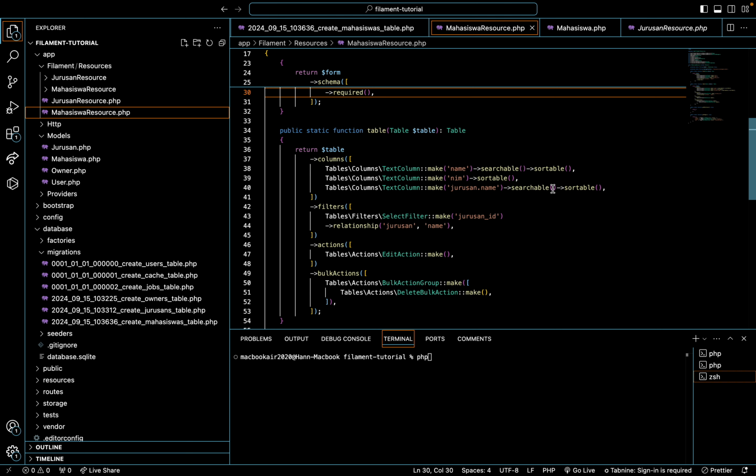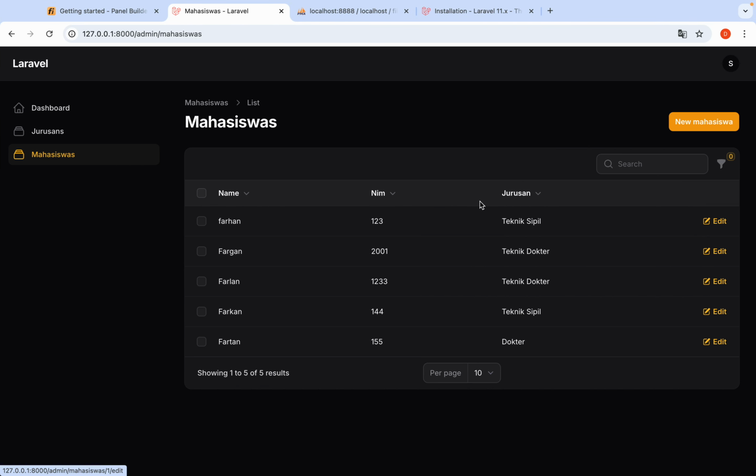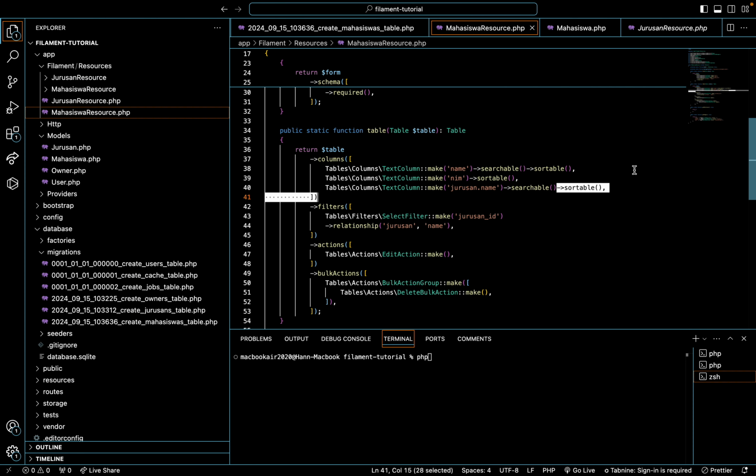If you want something to be searchable, you must add this for what you need to be searchable like this. Mahasiswas, and then searchable, the username you can search.